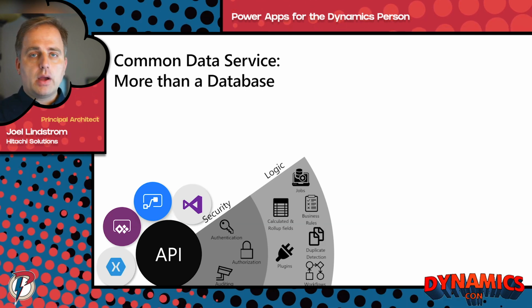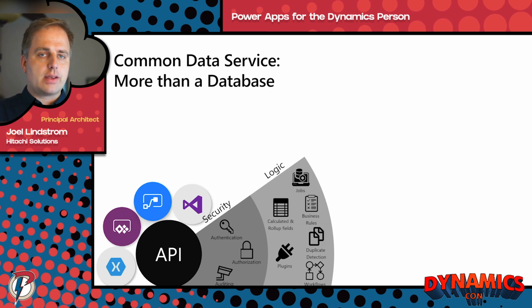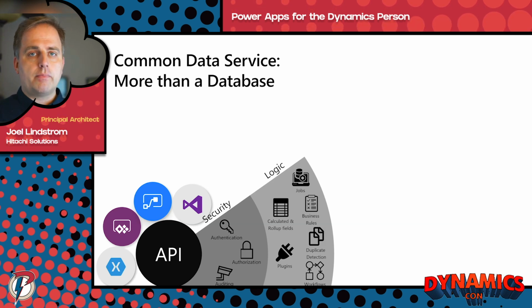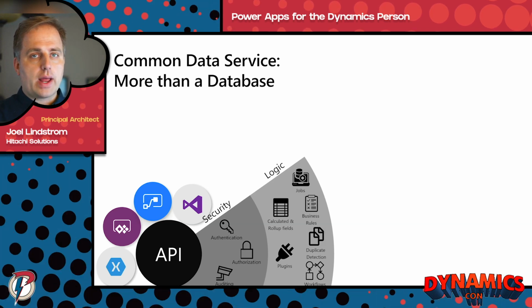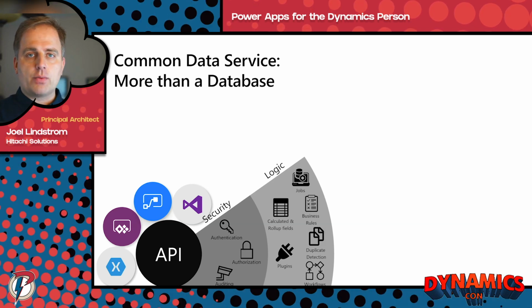So for example, if you build Power Apps without Common Data Service, you've got to build a lot of logic into the front end of the app when you're using SharePoint and other things like that, where we can benefit from the calculated fields, the roll-up fields, put those at the system layer. And really, if you have 5 apps that are using the same entities and business processes, this is a value because you don't have to duplicate that. And if you change it in one app, you can change it in all of them by doing that server side.